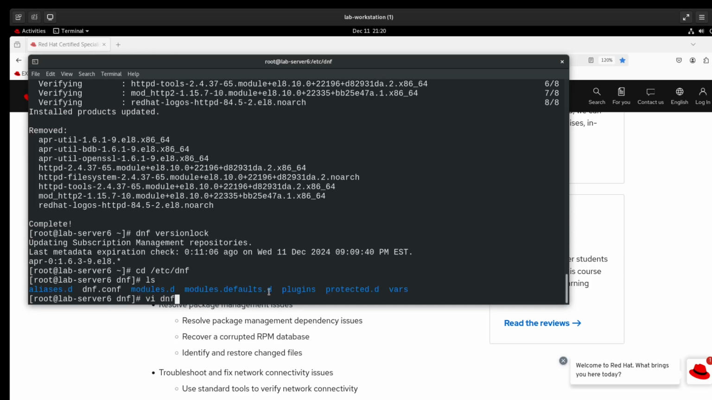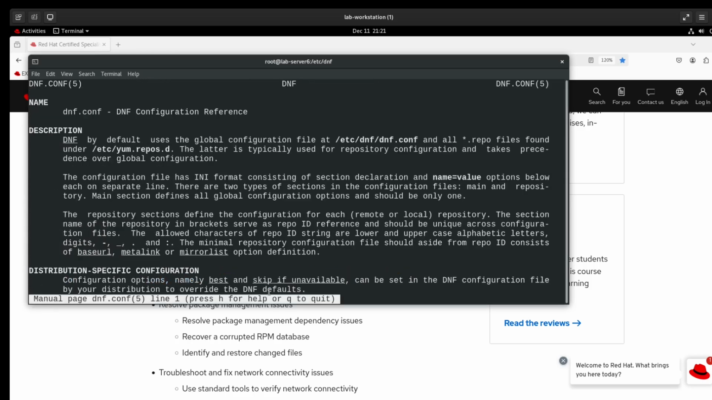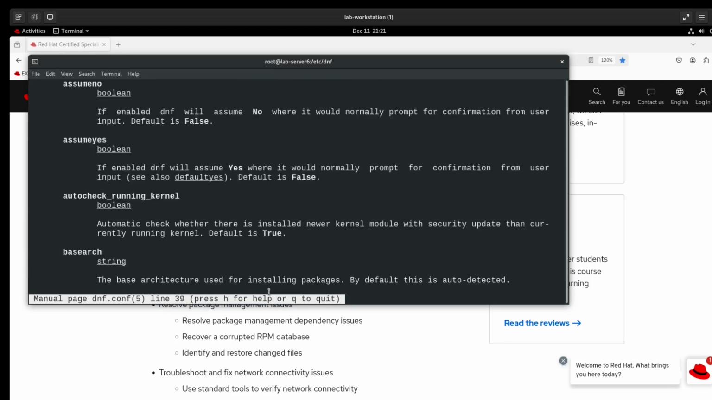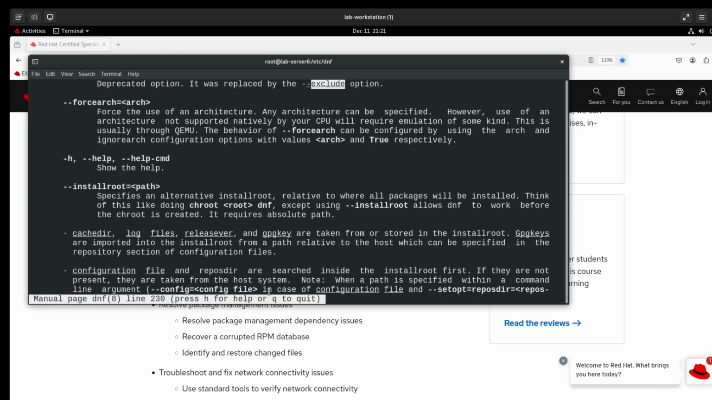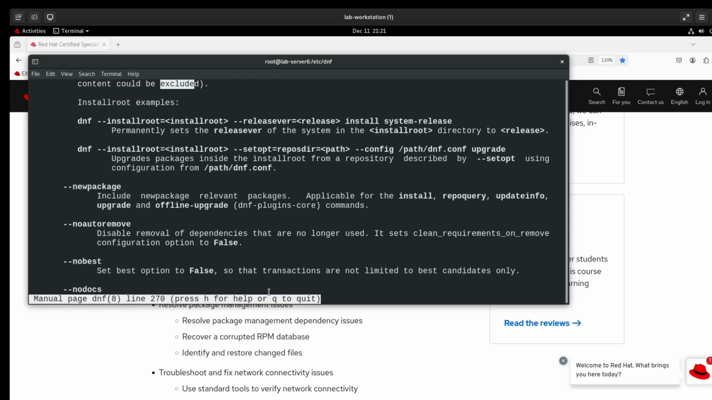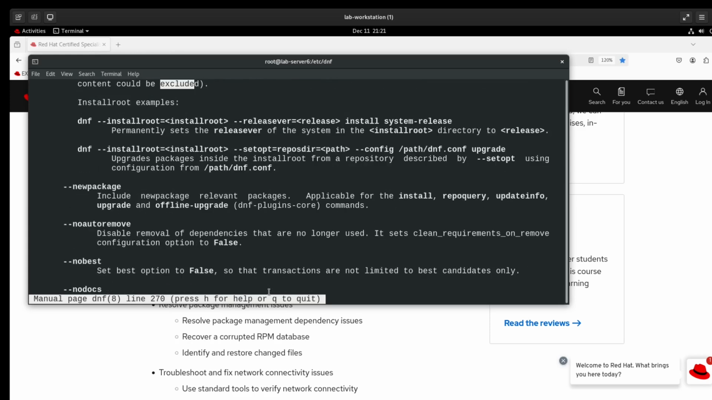cd dnf, dnf.conf. No, that's for, all right, so let's do man dnf.conf. There should be where is it? I know that we can tell it from the command line to exclude, but what I want to do, I'm not sure if it will allow me to even